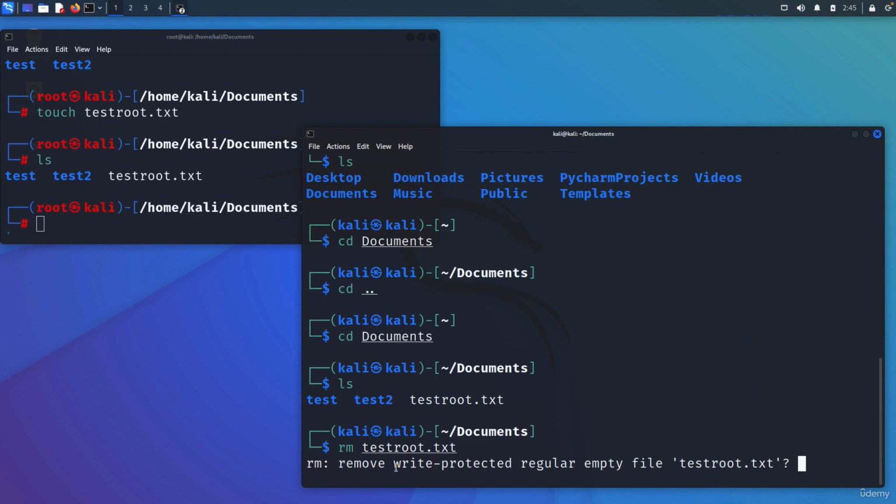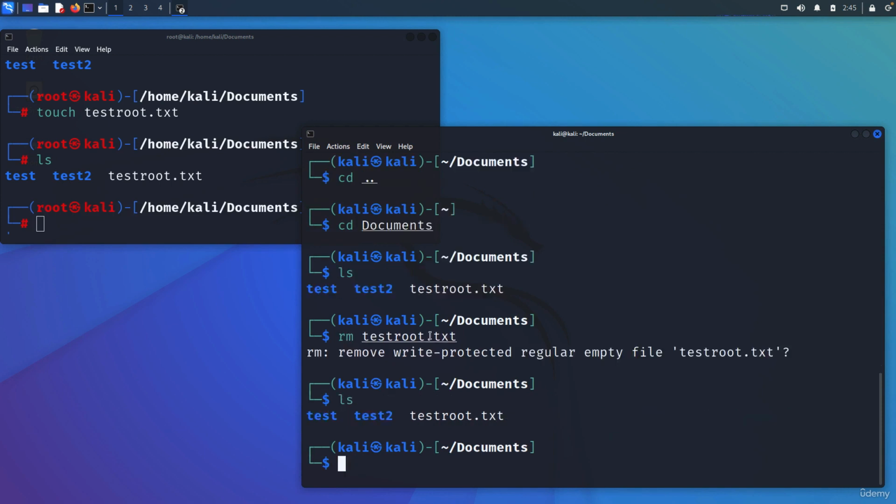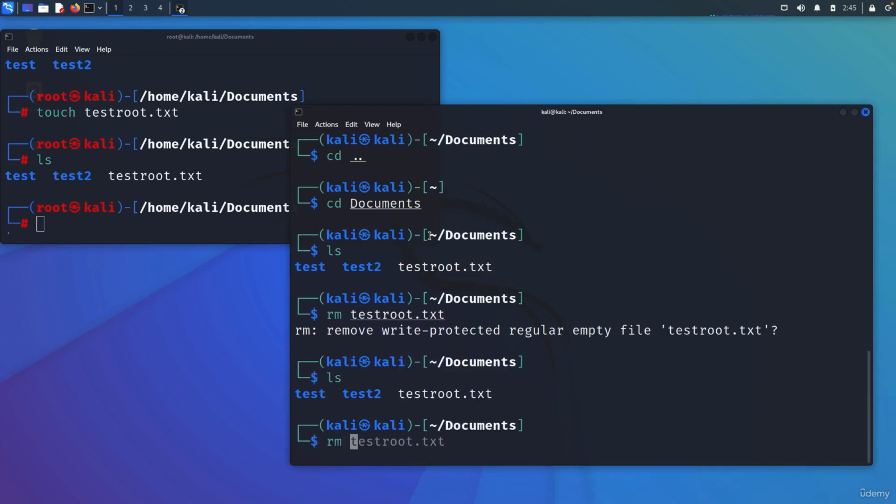I can try to remove it because it's in my folder. Right? I'm Kali and it's inside of the Kali folder. I should be able to delete it somehow, but I couldn't manage it. So what I can do, I can try to run rm -f or -rf, depending on whether it's a document or folder. It's a document right now.